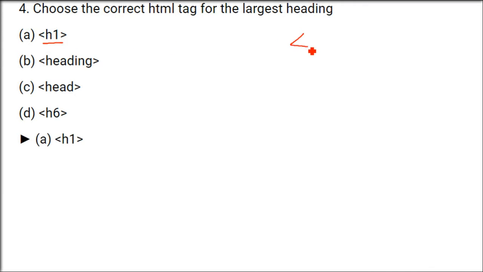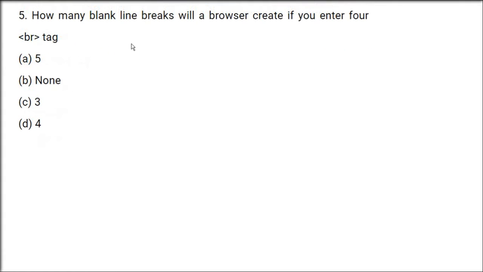So H1 is the highest, because the font of whatever you write inside H1 will be shown in the highest possible size, and you have to end this also. H1 size and everything is pre-specified. H6 is the last one, the last heading type.